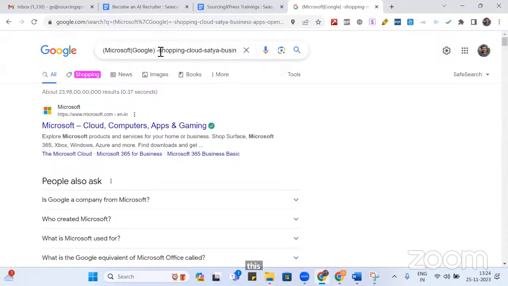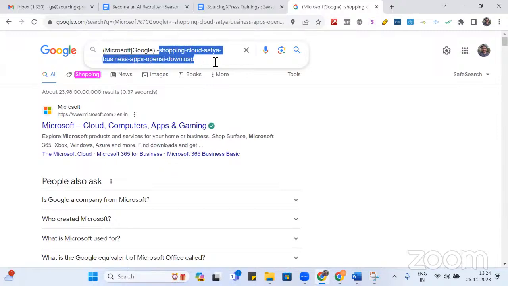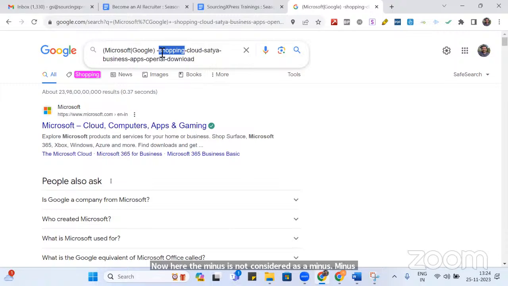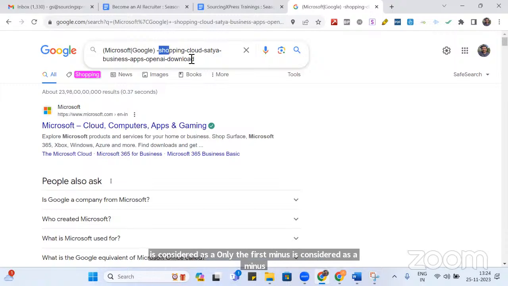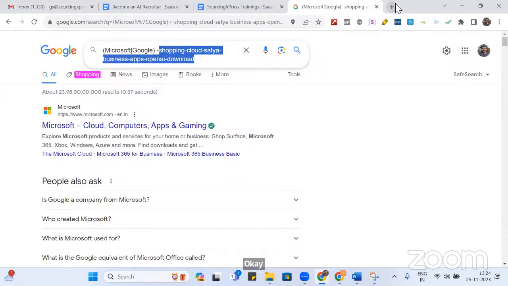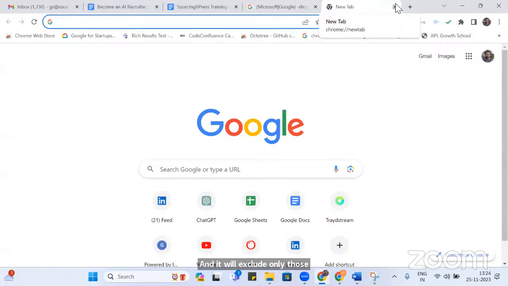It will only exclude those results which have shopping hyphen cloud hyphen satya hyphen business as it is. It will only exclude results which have shopping hyphen cloud hyphen satya hyphen business hyphen apps hyphen OpenAI hyphen download. Here the minus is not considered as a minus, it is considered as a hyphen. Only the first minus is considered as a minus, and it will exclude only those results which have this thing as it is. For an example, to give another great example,